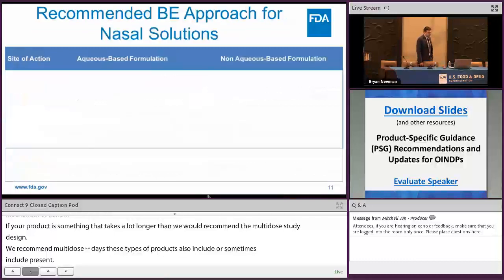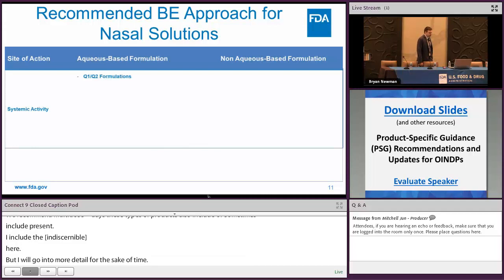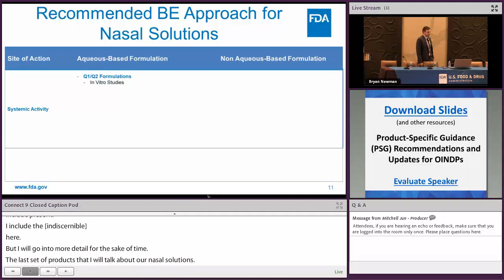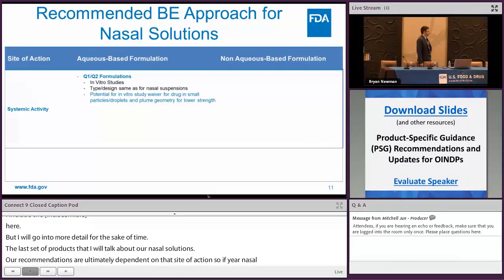The last set of products that I'll detail here are our nasal solutions. Our recommendations are ultimately dependent on the site of action as well as the type of formulation that we have for the product. If your nasal solution is a systemically acting product and it has a Q1, Q2 formulation, we recommend in vitro bioequivalence studies that follow the same type and design as nasal suspensions, with the exception that there's the potential for in vitro study waivers for some of the studies